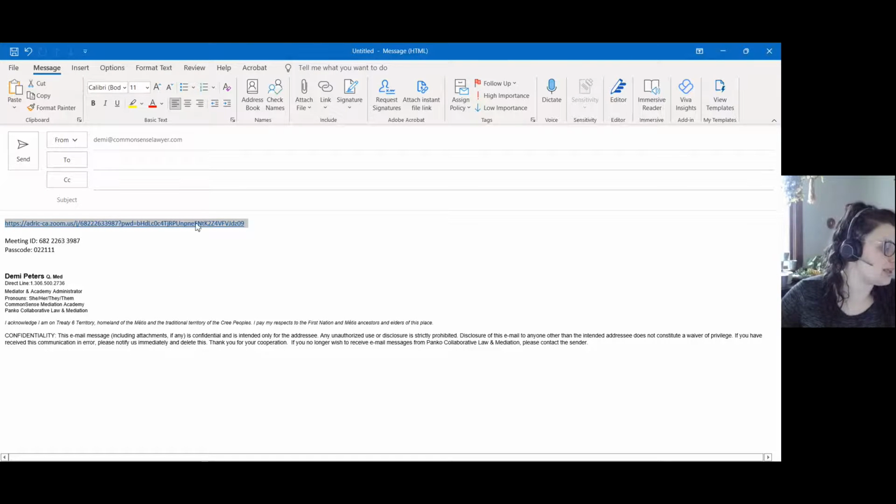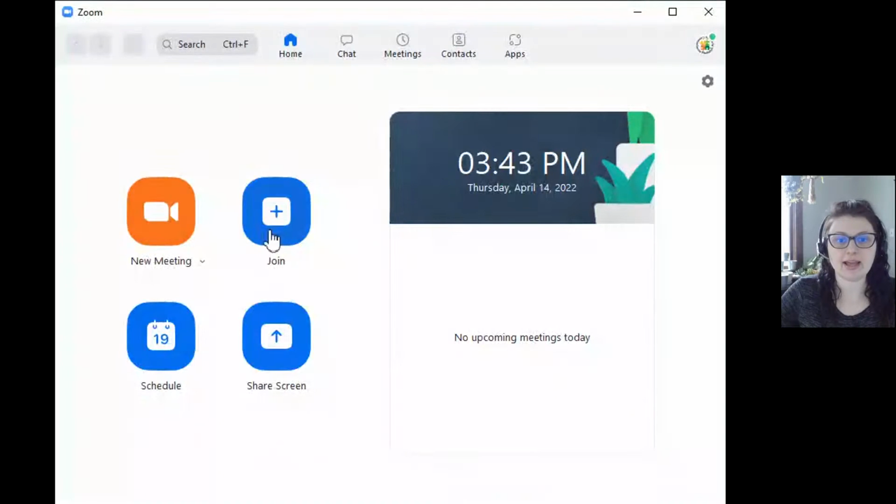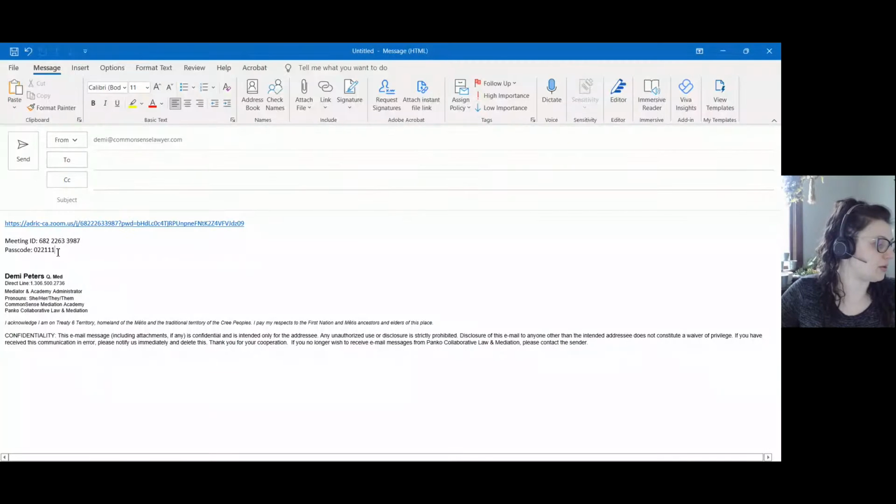If for whatever reason, when you click that link, it doesn't work, you do have another option to join. To do this, you can open your Zoom application. And I will show you what that looks like. So if you're opening Zoom, it's going to look just like this, and then you would click join. It's going to ask you for a meeting ID and passcode. To find that, you're going to go back to that email that I sent you. The ID is right there, and the passcode is right there. The next message that you should receive is that you're in a waiting room and that the host is going